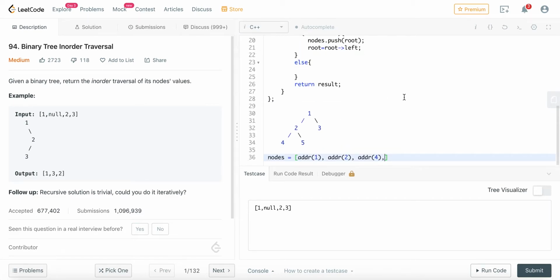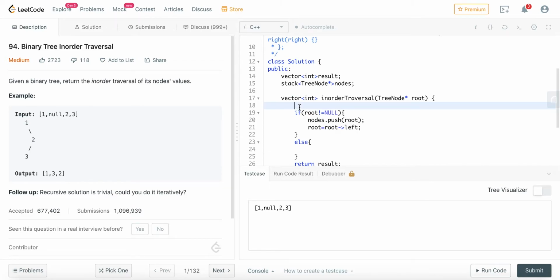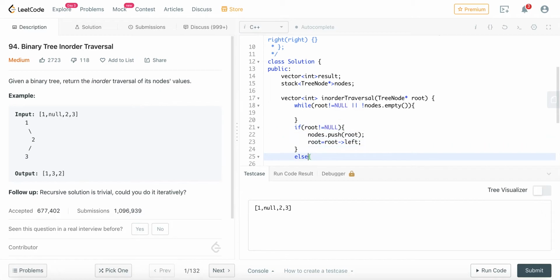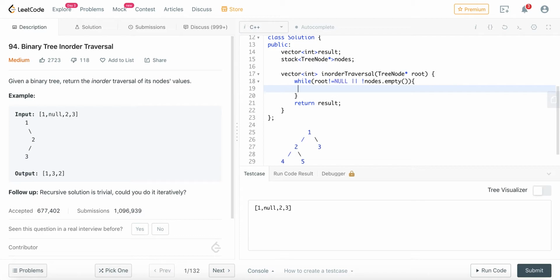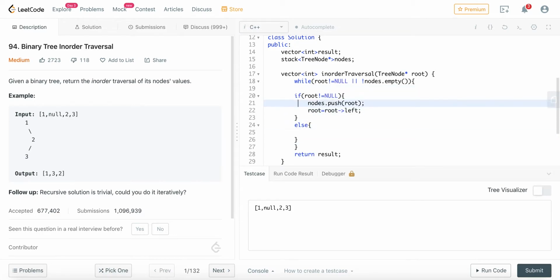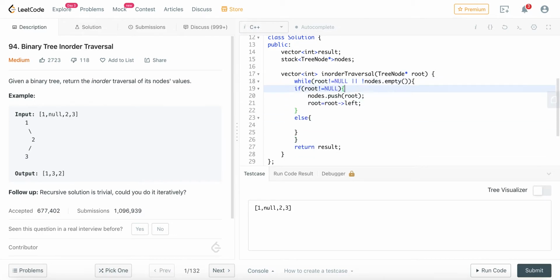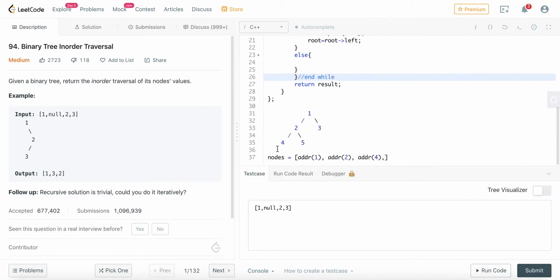So we have to check this again and again. So what we'll do, we'll just have a loop here: while root is not equal to null or stack is not empty. Okay, so the root is not null or the stack is not empty, we'll keep on doing this again and again. So this will be the condition. Okay. So if root is not null, we'll push the root and go on to the left. After 4, root will be pointing to null, which means that we have covered all the left.